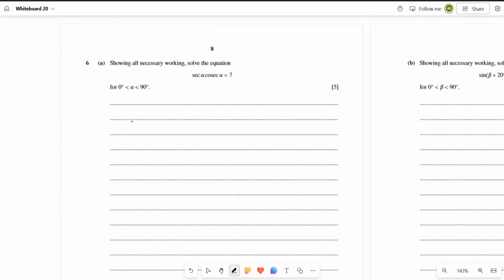This looks like a trig question. These are always confusing for students. So the question just says, showing all necessary working, solve the equation secant alpha cosecant alpha equals 7. Whenever you have any trigonometric equations that you need to solve, the thing that you need to think about straight away is using the